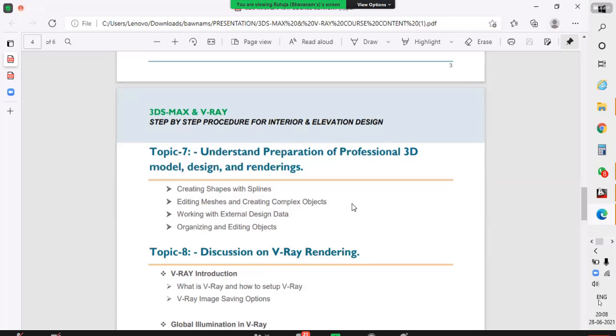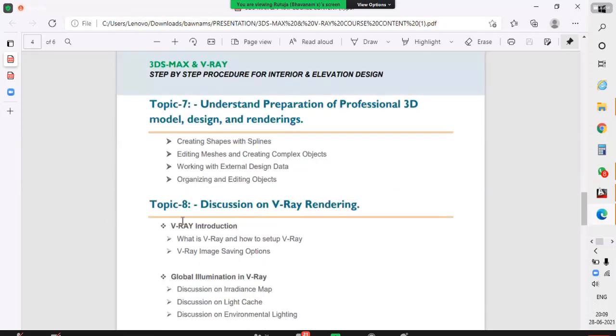These objects we download from the internet. When we download from the internet, we need to edit them because they have no color. So we need to apply the color and change it as per our requirement. Okay, so that's why we will discuss that also.